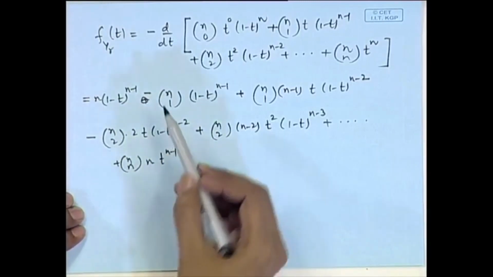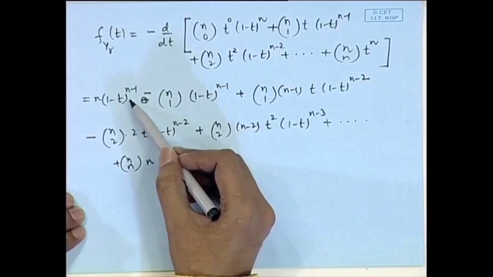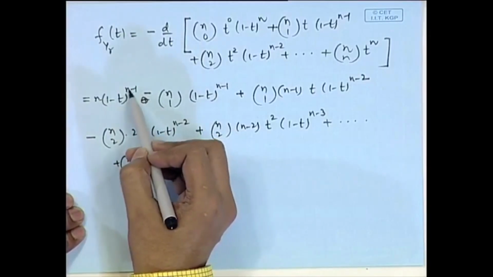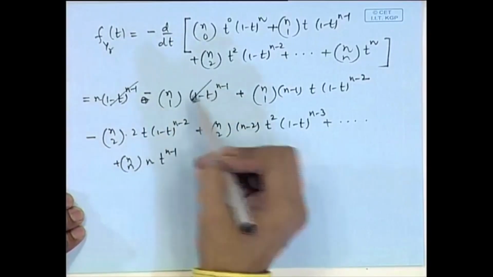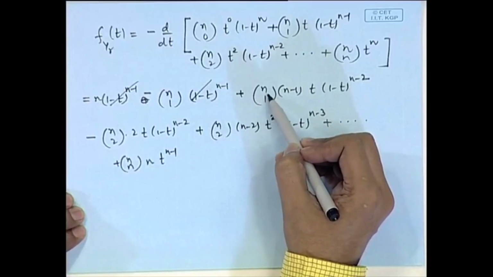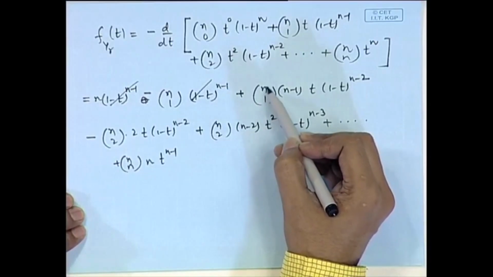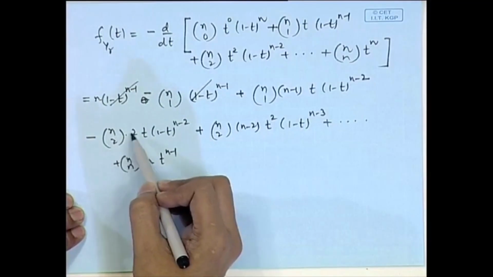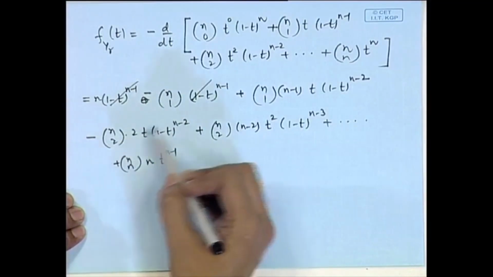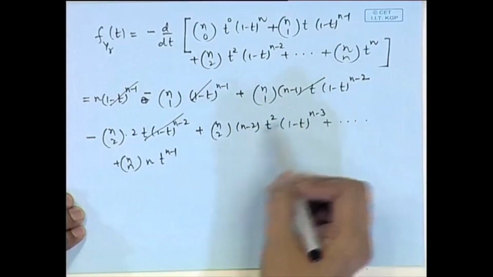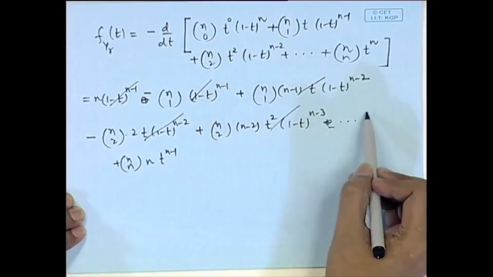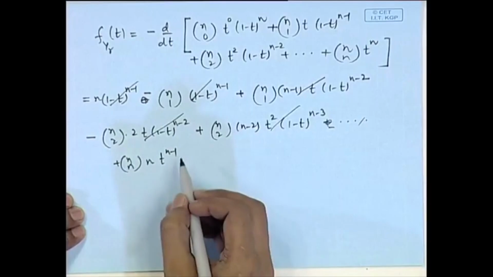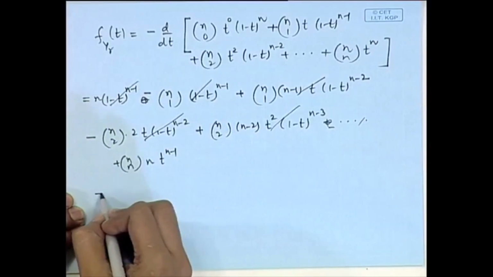Again we can observe that the terms are telescopic in nature, that is, the first term cancels with the second term. Here if you look at nC1, that is n into n minus 1, and here it is n into n minus 1 by 2 into 2. So, that is again n into n minus 1, so this again cancels out. Likewise all the terms will cancel each other and we will be left with